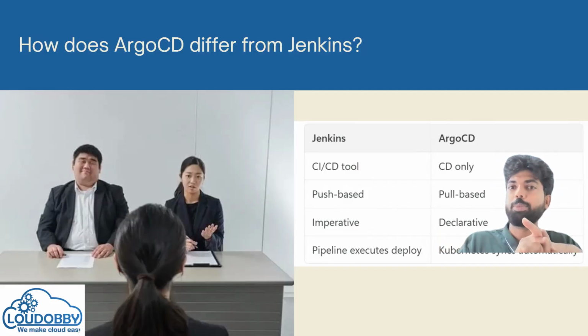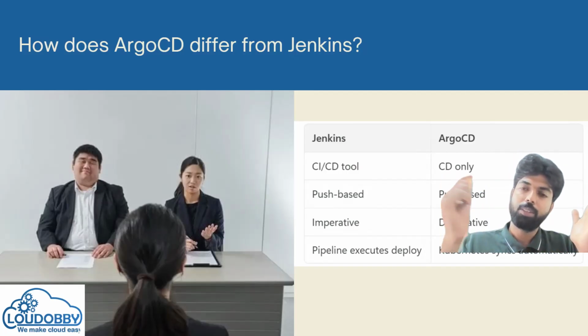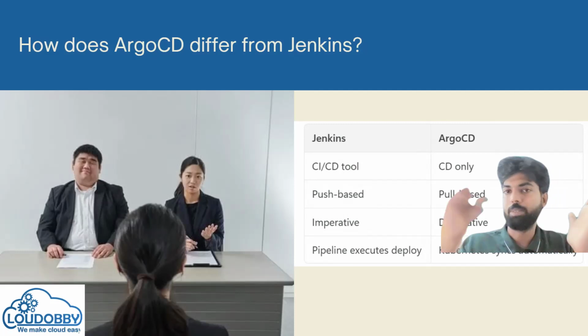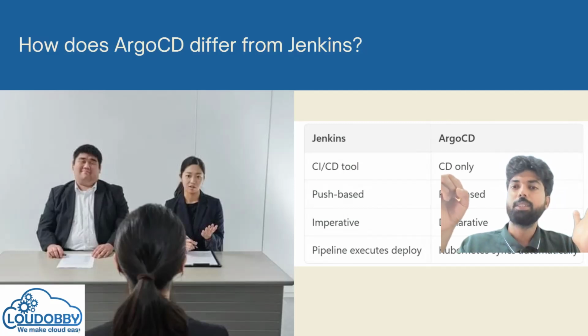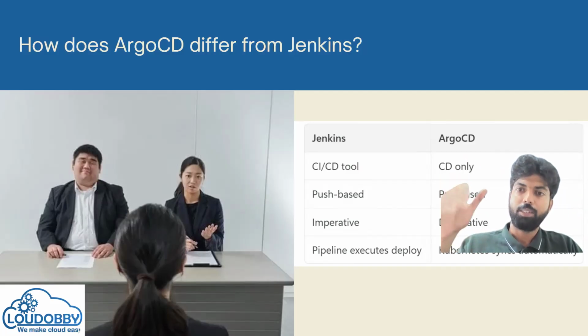Jenkins works on a push basis, where the code from the Git repository, or whatever change we make, needs to be pushed to Jenkins. ArgoCD pulls from Git. ArgoCD goes and checks the Git and pulls it. Jenkins is imperative, where you will have a Groovy file or something, but ArgoCD is declarative. In Jenkins you have to create the pipeline which has some Jenkins stages that executes the deployment.